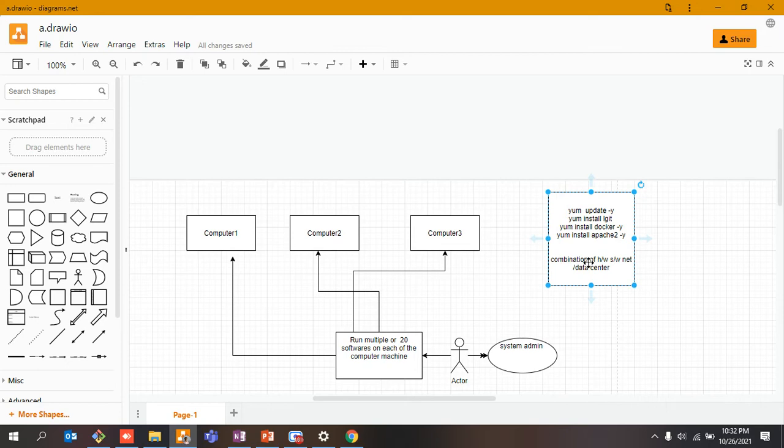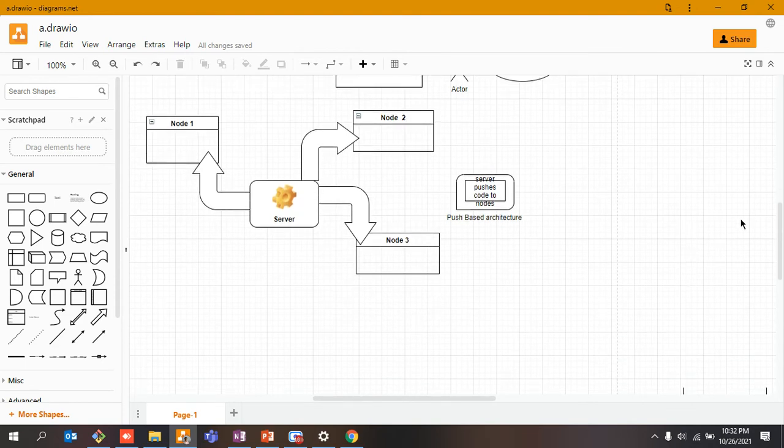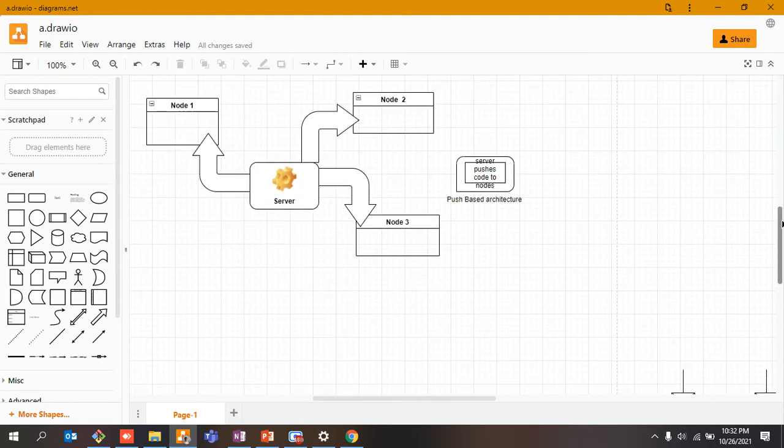Now moving ahead, guys, there are two types of architecture. First, let me get you through the diagram, right? I do not want to confuse anyone. It should be very simple. Whenever I'm talking about chef, I would be using the terminology node. Okay, because you can assume them to be a server, a computer system, or a virtual machine, whatever. Just for the sake of understanding, you can assume that these are virtual servers or some machines or computer systems, so that it becomes easy for you to understand.